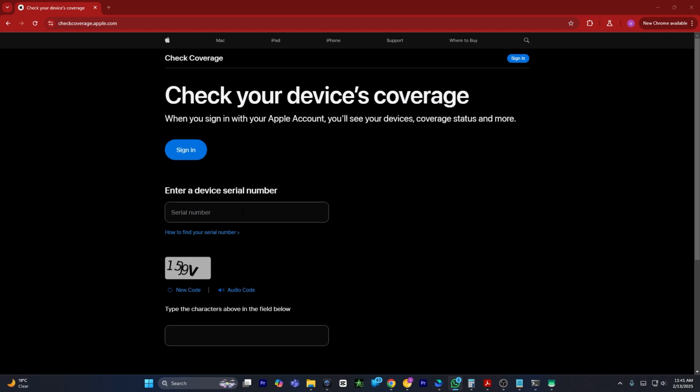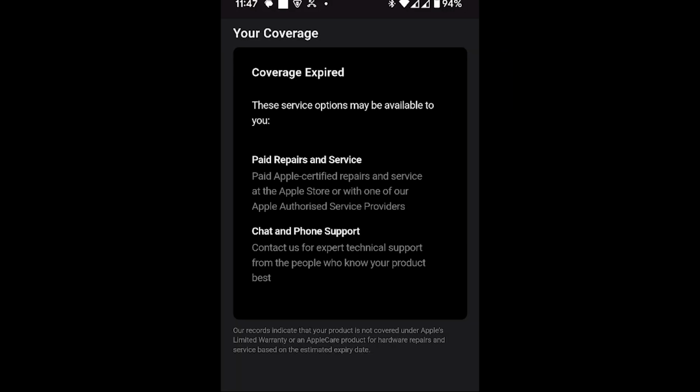After you click on Submit, you'll be able to see all of the details about your iPhone, your purchase date, the serial number, your coverage, each and everything. And that's simply how you can check if your iPhone is